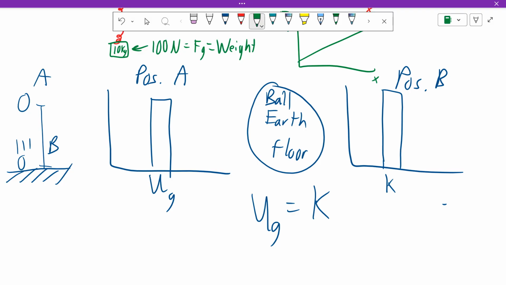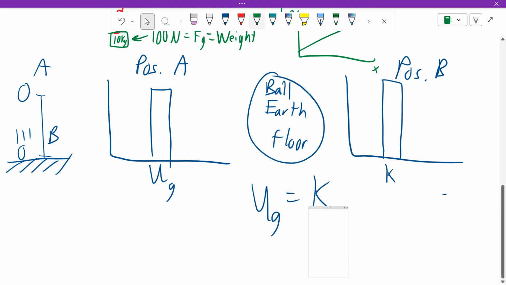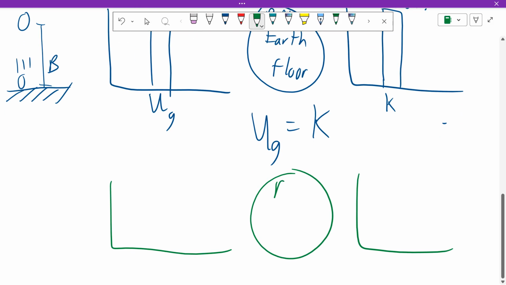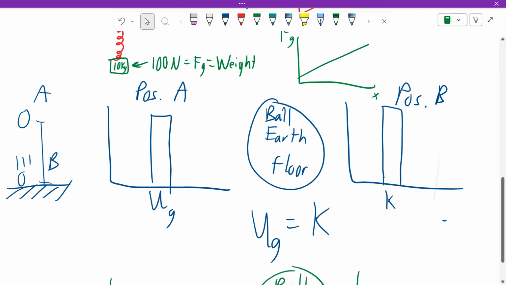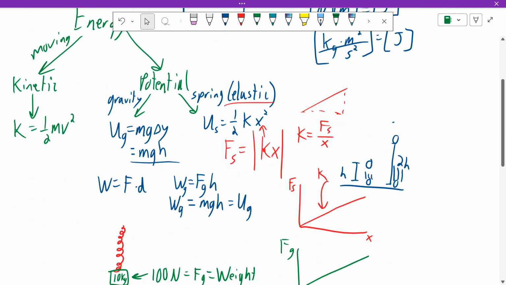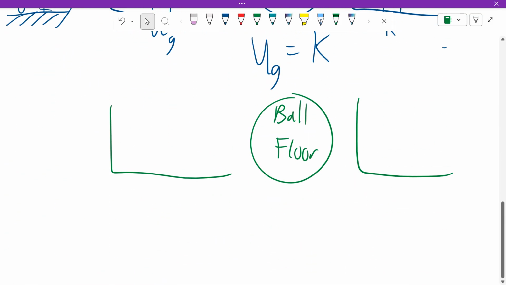Now, where it gets kind of interesting is what if I took the Earth out of this problem? So what if I do the exact same thing, but this time I don't include the Earth. It's just the ball and the floor. The Earth causes the force of gravity. If the force of gravity is not in my system, we don't call that energy transfer. If you remember back up top here, we don't call that energy, we call that work. So now I don't have a UG. I still have this EK at the end,